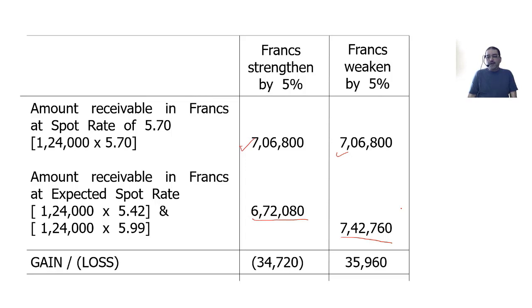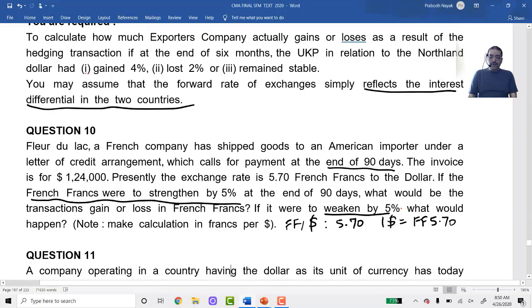So normally you will be asked questions of this type where they will ask you whether hedging was beneficial or not beneficial. One type of question that we had done in the earlier question, question number 9. Second type of question, where expected spot rate in the future it would have fluctuated, then what would have happened? That type of question. So both we have done. So now let us move to question number 11 and see what is different over here.